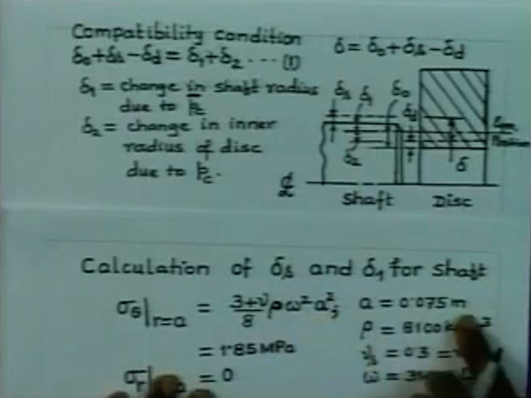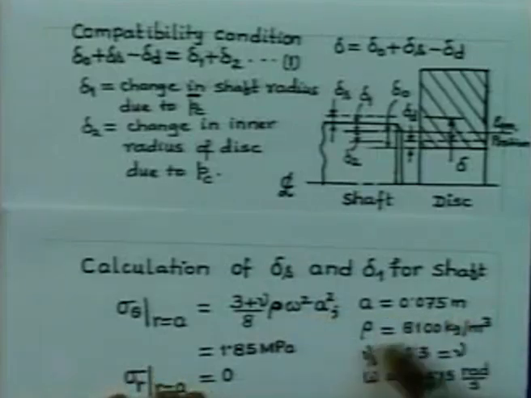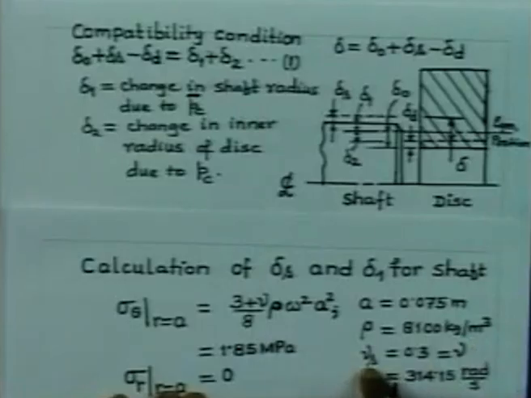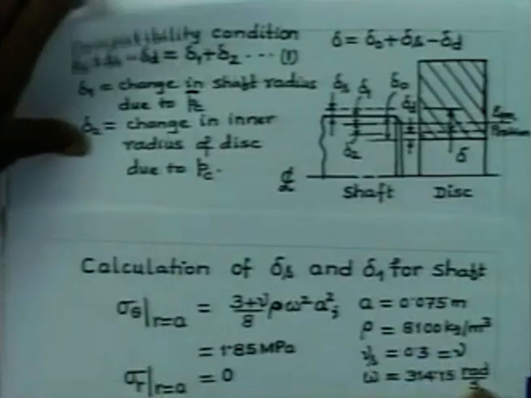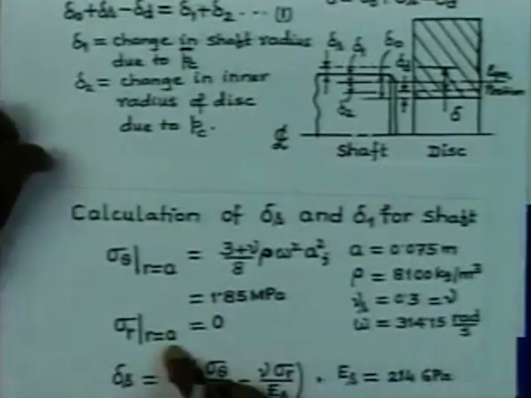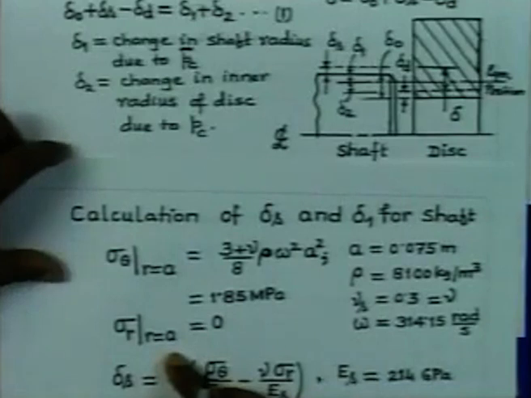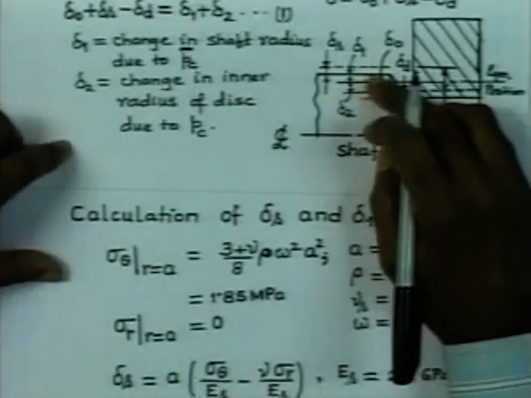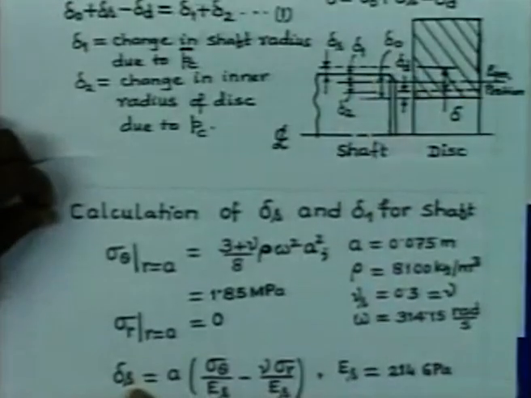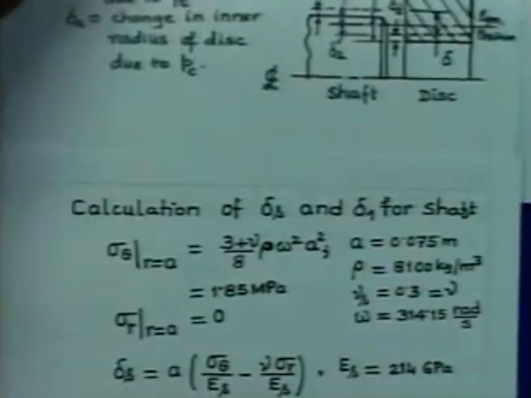Here A is equal to 0.075 meter, rho equal to 8100 kg per meter cube, and the shaft Poisson's ratio is, let us say, nu equal to 0.3, and rotation is 314.15 radian per second. And the radial stress, obviously, while it is rotating independently, you can imagine that this radial stress is 0. So, now the delta S due to rotation is going to be simply given by